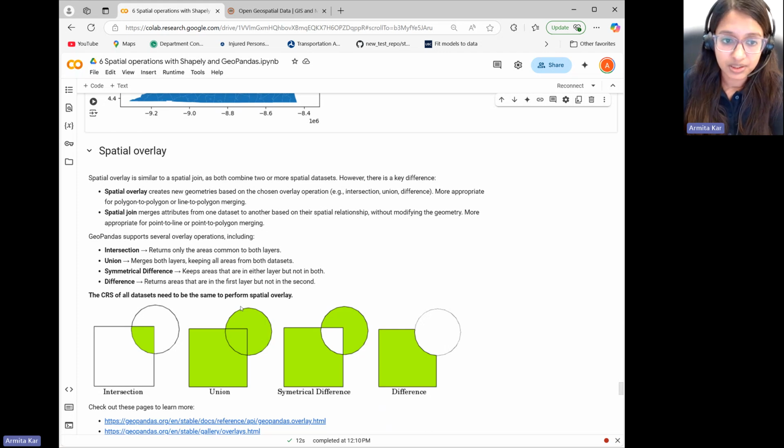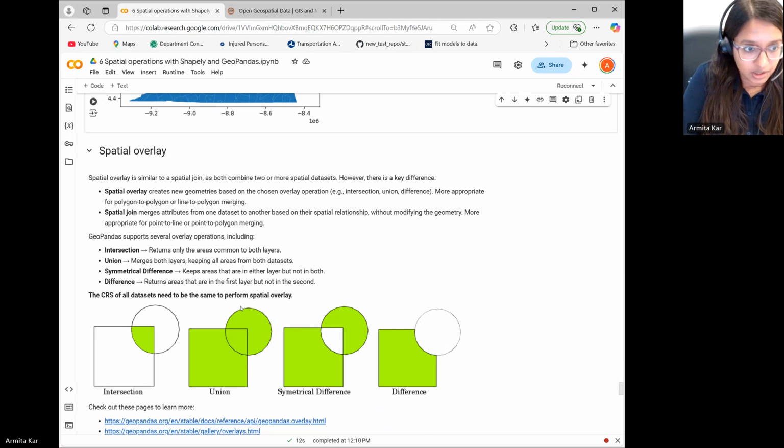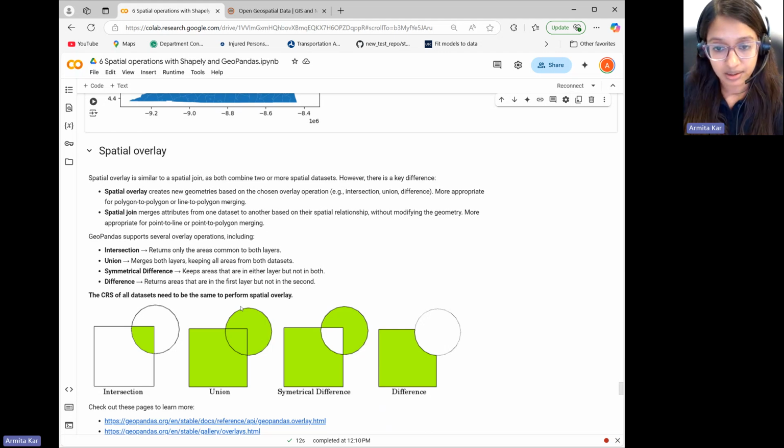Spatial overlay is very similar to spatial join. In spatial overlay, we also combine two or more spatial datasets. However, there's a key difference. In spatial overlay, we create new geometries based on the overlay operation. We can choose to intersect, union, or identify the difference, and based on this spatial operation, it will create multiple geometries